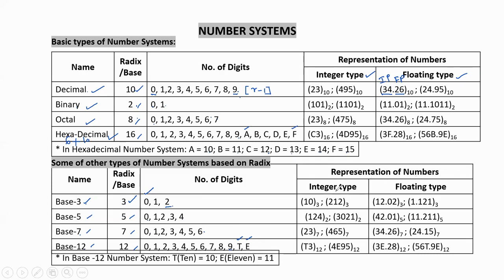Here you can see the way of representation of numbers in both integer type and floating type for these kind of number systems also. Make sure that inside the brackets, each and every digit should lie in the designated number of digits list only for the corresponding number system. Now let us move to the